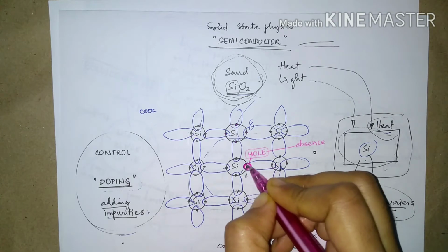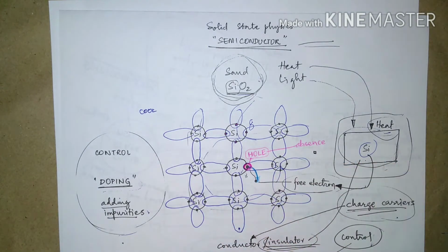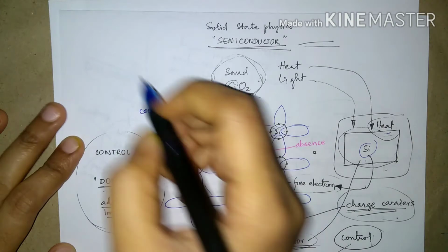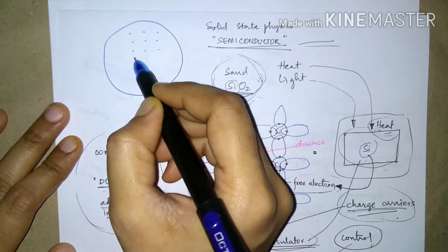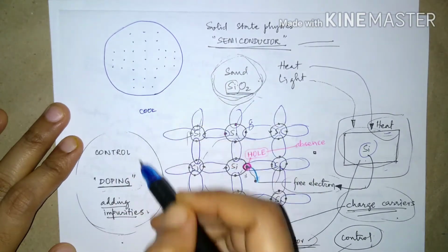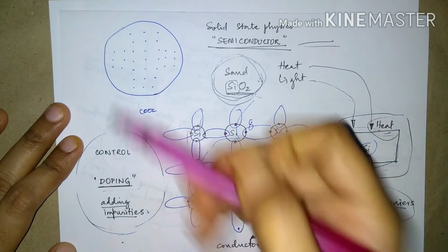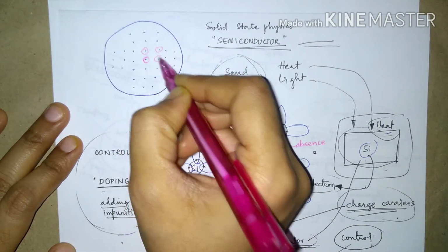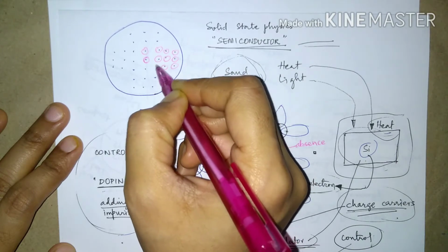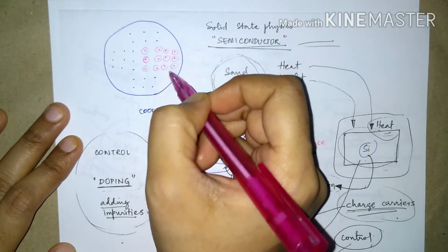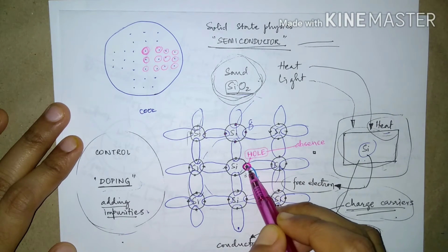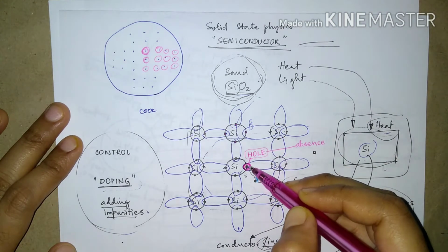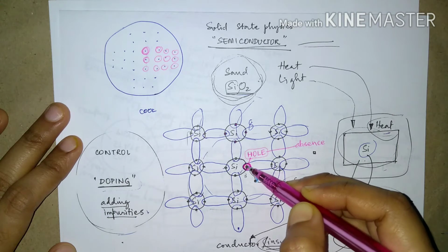So you can think of this hole as something like, in our childhood we used to play a game in which there are holes in this order, and we used to take marbles and fill these holes, right? So will the marble stay here? No, the marble should go and enter that hole. That is the concept behind this hole. If there is a hole, only then the electron can go back.